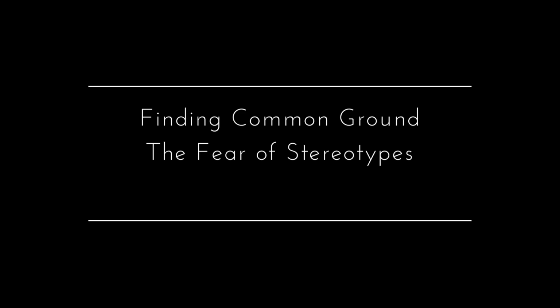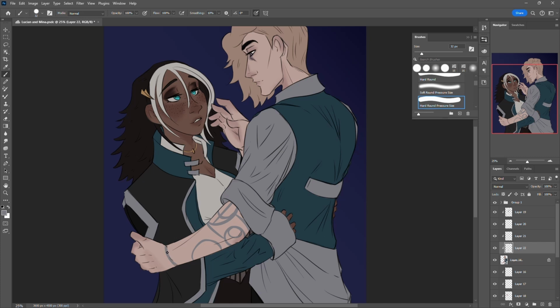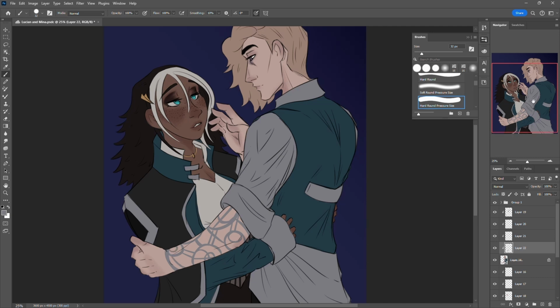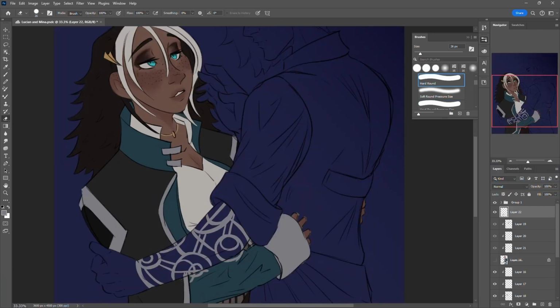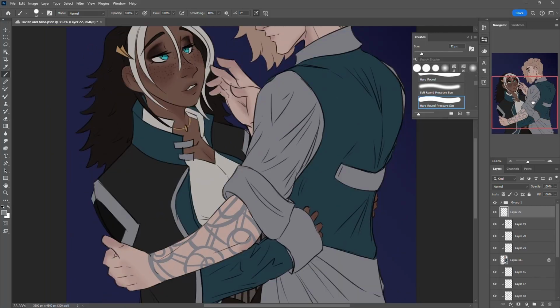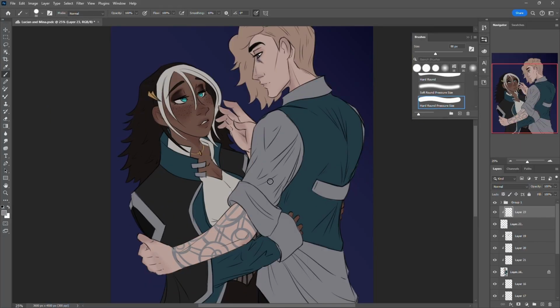The second issue is fear of stereotypes. This is a valid concern because it's pretty easy to fall into these if you're not conscious of what you're doing, and they can be pretty harmful if they're handled poorly. So what can help with this? Knowing the stereotypes that you're most likely to fall into is a big part of it. So here are some of the more common stereotypes that you'll find for male and female characters.